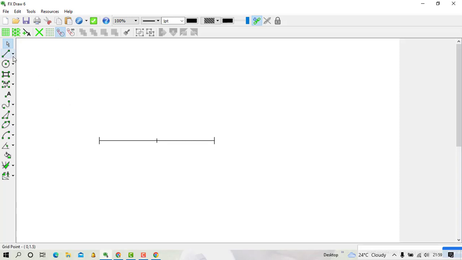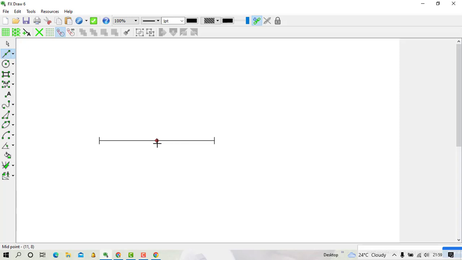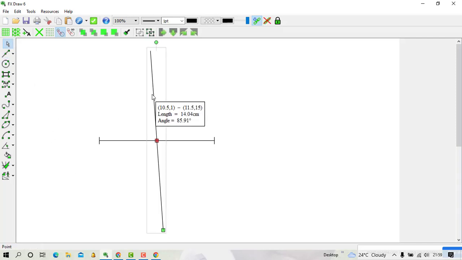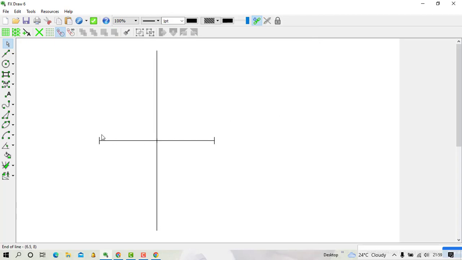So here I'll go to the line, but you select the line of the midpoint line. You do not select the other one, the midpoint line. Then you start at the midpoint, iko wapi? Ndio hii hapa. Either move juu ama ukienda chini. Hata kama imeslant haina shida. We'll just select it, then you edit properties, then you make that angle 90. You type there 90, then you press okay. So you find that this is 90. So what remains is to place the arc.